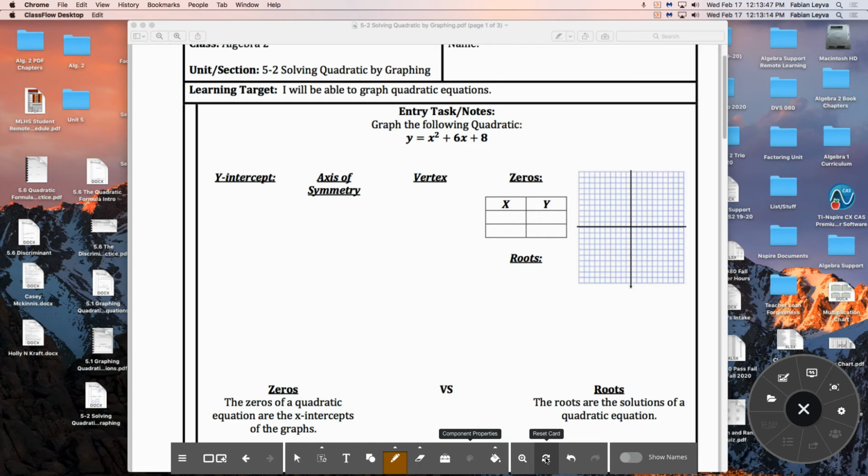Everyone, welcome to our second day of graphing quadratics. Today we're just going to learn a way to make our graphs more accurate, more precise. I heard students say "make it look more pretty," which pretty much means more accurate. Now I do have to give you a forewarning: this video is going to be pretty long, but 80% of